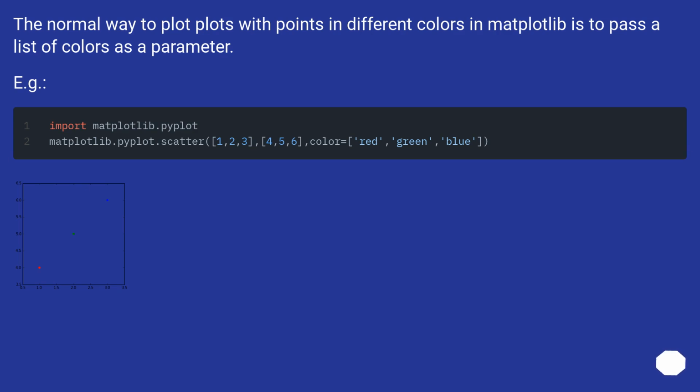The normal way to plot points in different colors in matplotlib is to pass a list of colors as a parameter. For example,